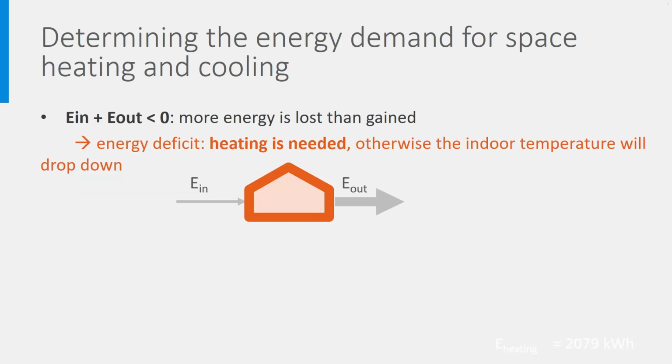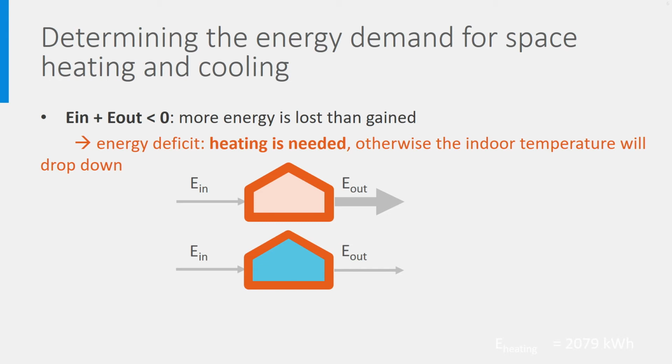Second, if the balance is negative, this means that more energy leaves the building than it comes in. There is therefore a deficit in heat that can be compensated only by two ways. Don't forget that the law of energy conservation has to be satisfied. The first way is to accept a decrease of the indoor temperature, which will automatically reduce the energy losses and restore the balance. As an example, if in winter you accept a temperature of 5 degrees inside your house while it is 5 degrees outdoor, there are no heat losses to the outdoor.